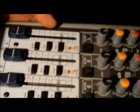Here's the EQ, high, mid, low. It's got a parametric EQ in it, so make sure they're all straight. These are the auxiliary effects, so keep them off. And here's your left and right balance. This runs my top speaker. And the reason why I would say this, because if you look really close,